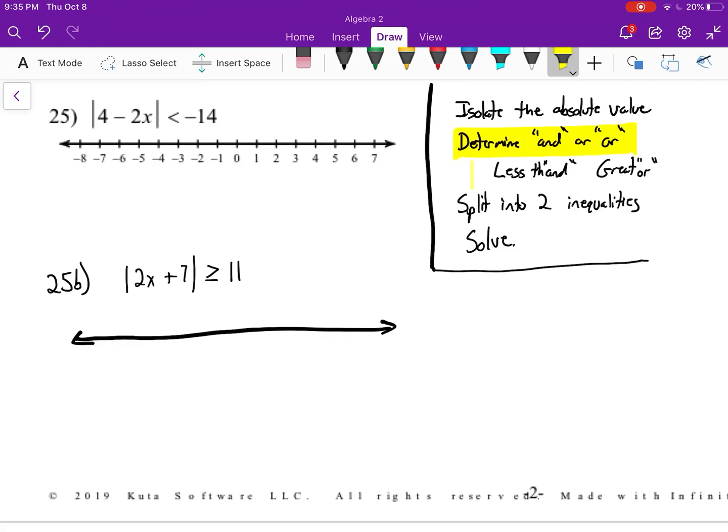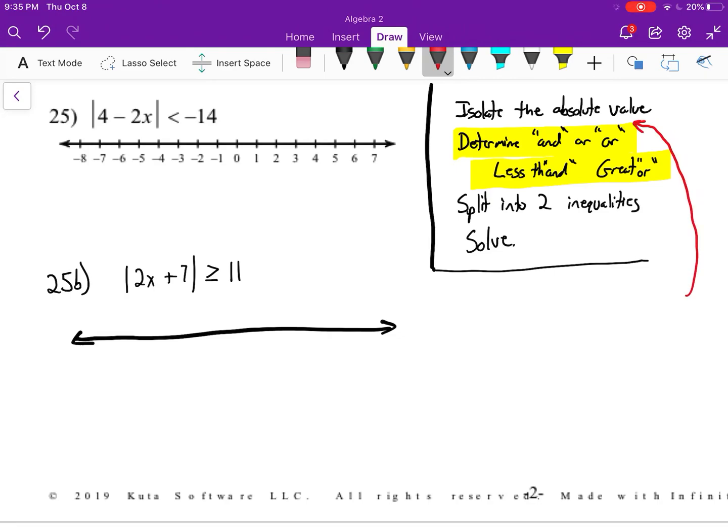You have to decide if your connector word is and or, because you're going to actually have a compound inequality. Remember, we do a less than sign is and a greater than sign is or. We had that kind of weird little way of thinking about that. We'll split into the inequalities and then solve. But just as before, right